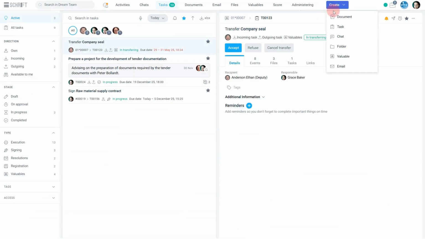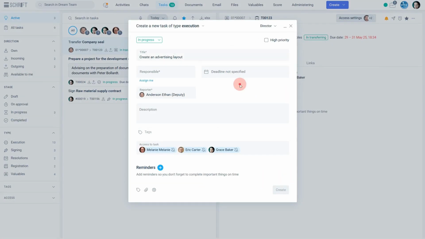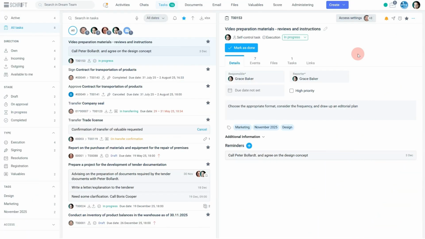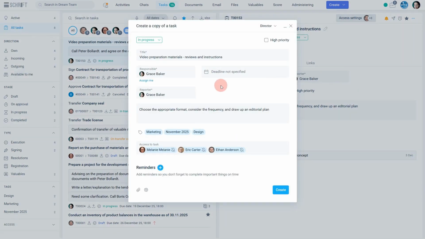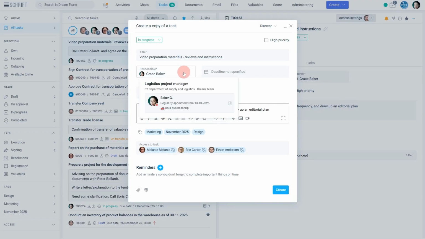Tasks are created by clicking the Create button, or by copying an existing task. A task is also created automatically when you create a reminder, for example, for a document. When copying, you can make the necessary changes to the task. Your own tasks, for which you are both responsible and the reporter, are a great way to organize and plan